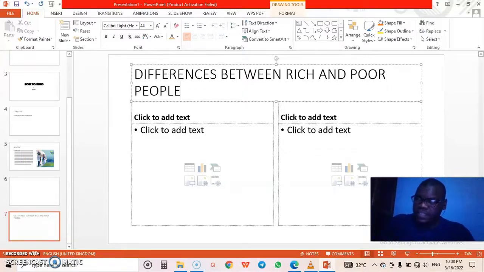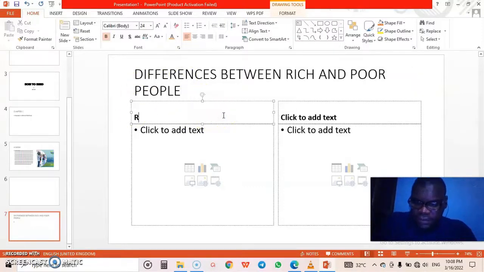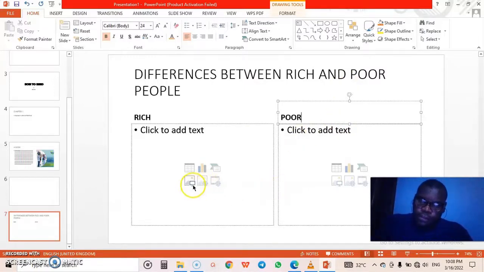So this is for comparison now. I can just write rich. On the next column, I can just type poor. So now I can decide to use pictures, charts, or tables to differentiate, or I can, once